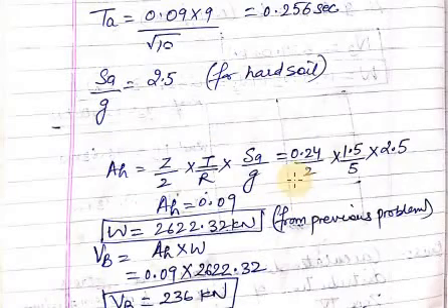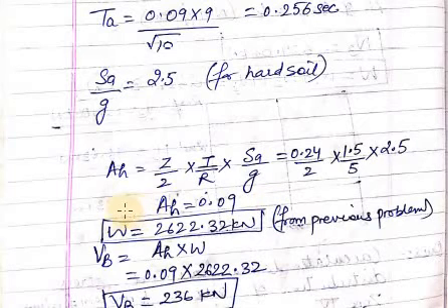Now the value of Z from zone 4 is 0.24. The value of I from the school building is 1.5. Sa upon g that we calculated above is 2.5 and R is 5, as it is a special moment resisting frame. By calculating this, we get Ah